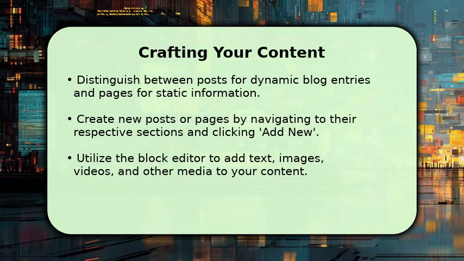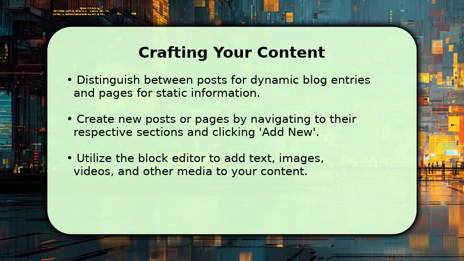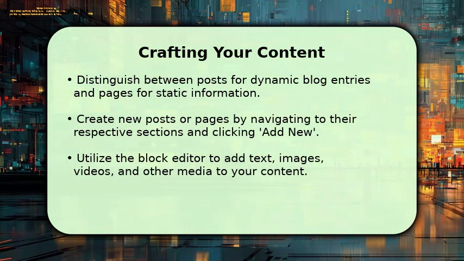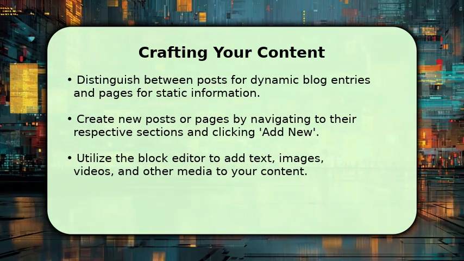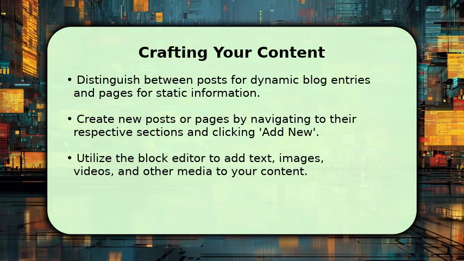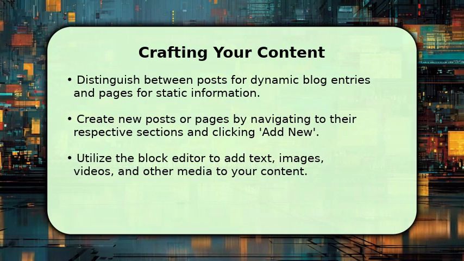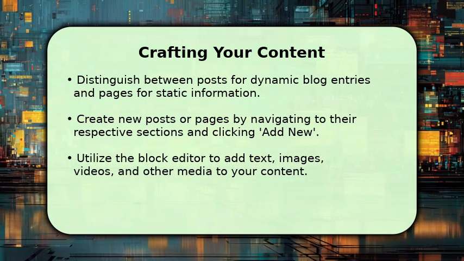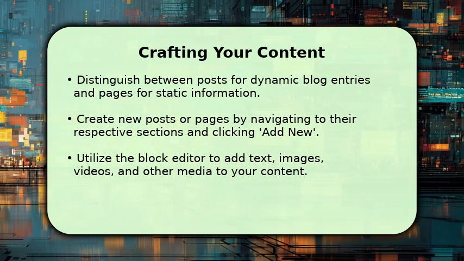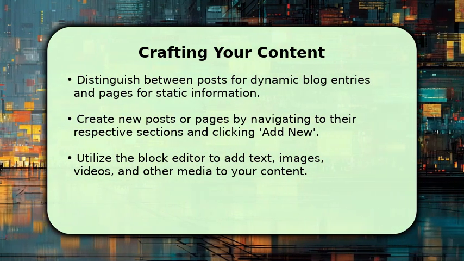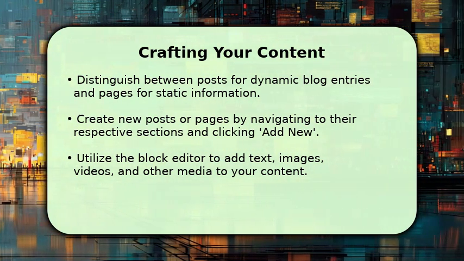WordPress offers two main types: posts for blog entries and pages for static content like an About Us section. To add a new post, simply navigate to Posts, then Add New. You can type your content, add images, and even embed videos. Remember to save your work frequently, either as a draft or by publishing it directly to your live site for